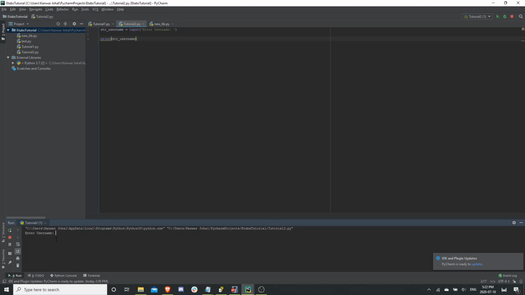And so at the bottom, you can see here, it's prompting us. I'll go ahead and type in a username. I'm just making it up, Canwar. And then it's going to go ahead and print that value. So you can see with this, it's very powerful functionality. You could have it prompt you for different functionality, like if you want to send data to ETABS, extract data from ETABS, or deal with certain combinations or certain frames or shell elements, whatever you want, you can begin to create